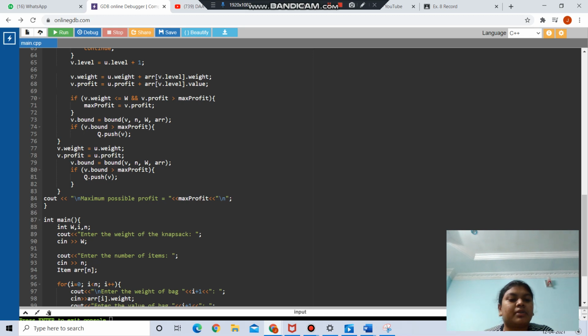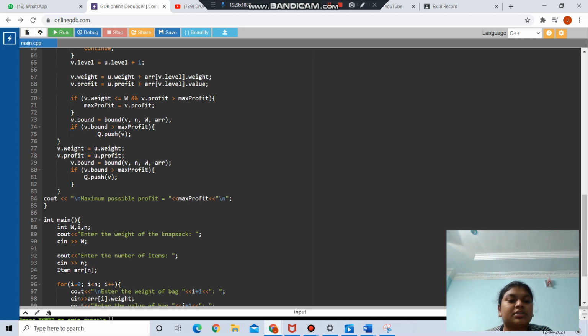Then here v.weight equal to u.weight, and here v.profit equals to u.profit, and here v.bound equals bound of v, n, W, arr, then here if v.bound is greater than max profit, then here it will be Q.push of v.